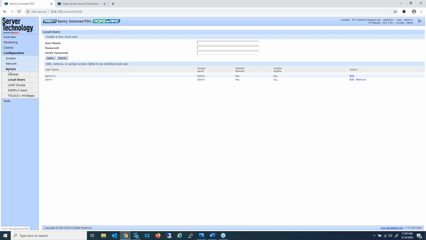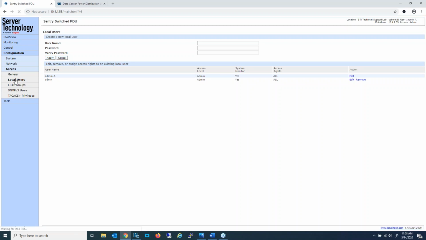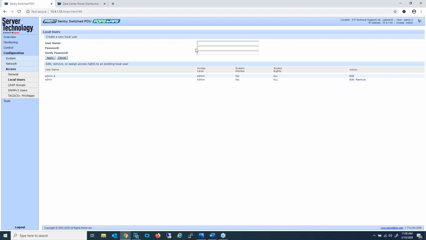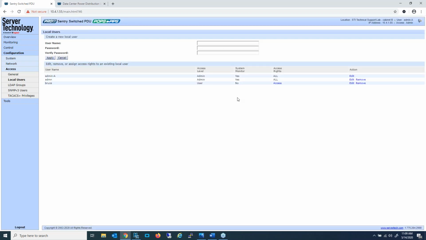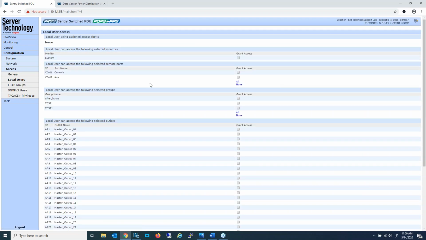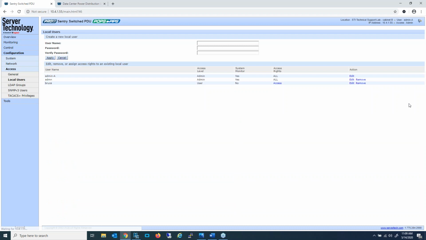So let's take a look next at creating a non-administrative user. It's going to be a very similar process. And I've now created a new user named Bruce. And we can see again that the default access level is user. And right now, as an administrator, I can go in and provide different access levels. I will show you that in a moment, but I'm going to click on edit first, and we'll take a